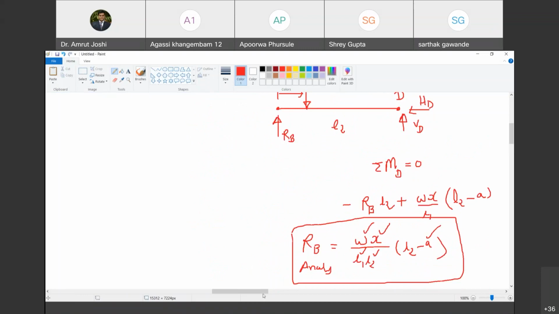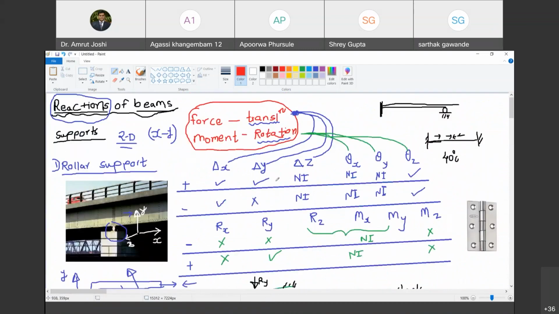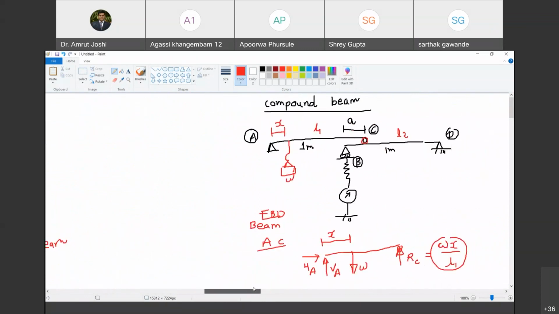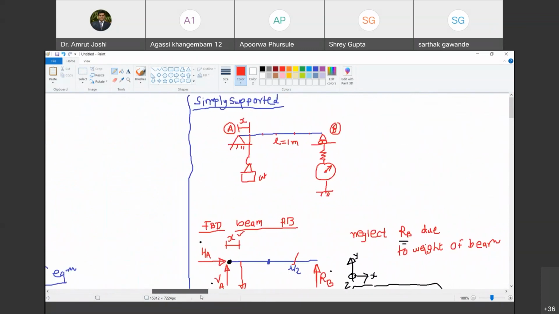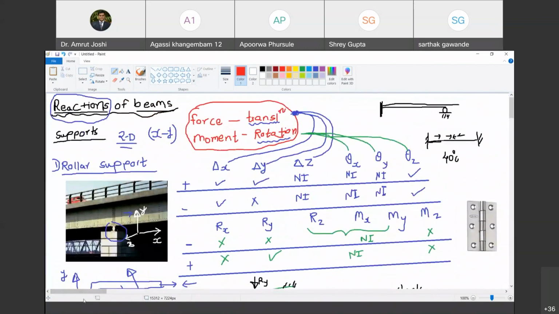Happy? Yes, sir. Okay. So what we are going to do is, now you need to submit some things as a part of this experiment. I will share with you the observation tables for both the cases, simply supported beam and compound beam. You have to do the calculations. You have to find out percentage error. Then you have to write down all the conclusions, all the important points that you have understood from these experiments. So conclusion of everyone will be different from the others. You have to write your own conclusions based on all the discussion that we had.